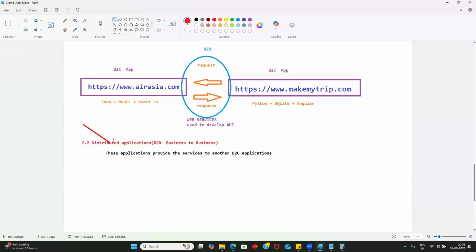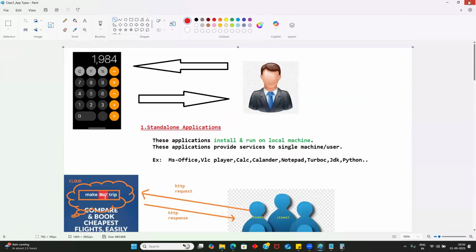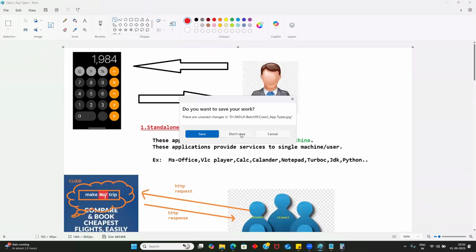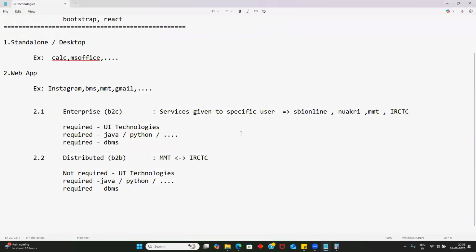An API developer develops the logic for web services, how providers and consumers talk to each other. An API developer is also called a backend developer. For API developers and UI developers, the common things are one technology, Java or Python, and DBMS.